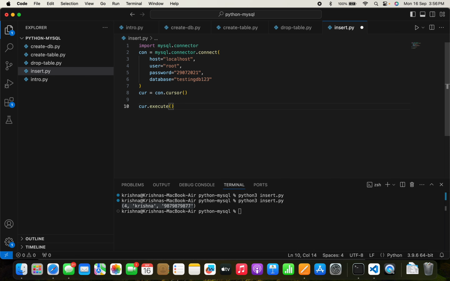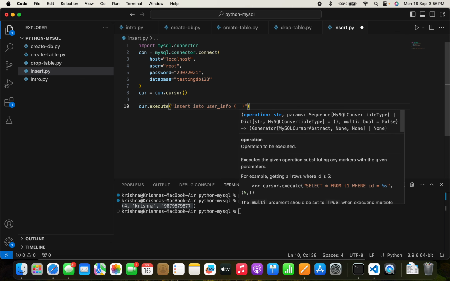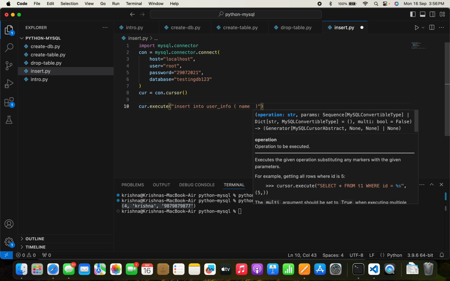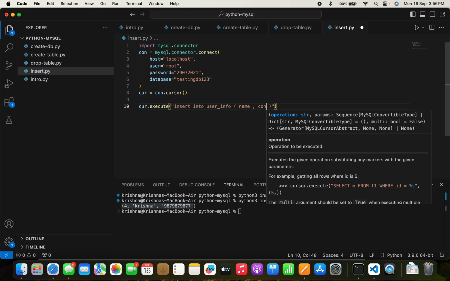Cursor.execute. To insert data, we need to write INSERT INTO, now the table name. In my case, it's user_info. And later you have to mention your column names, the information you have. In my case, I have both information, that's why I'm putting both column names. If you have only one information, you can just mention one column name,